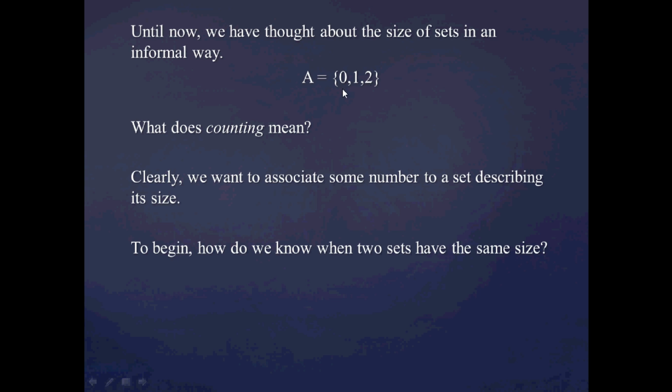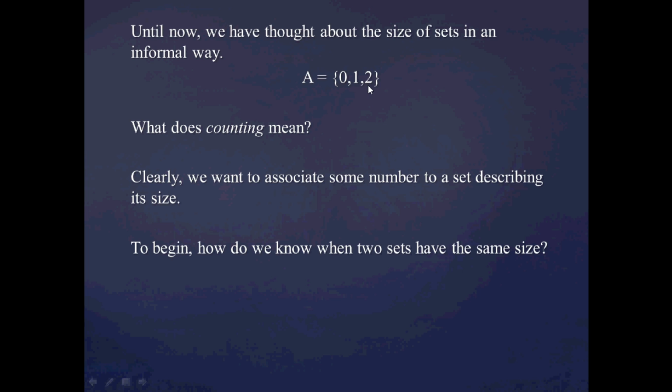And then since I've associated all those numbers, 1, 2, 3, with each member of A, 0, 1, and 2, I say in my head, okay, this set has 3 elements in it. And also notice that it didn't matter what order I counted this in. I could have counted 2, 0, 1, just as long as I counted every member of the set, and I counted it only once. And those 2 observations, that I counted each member and I counted each member only once,